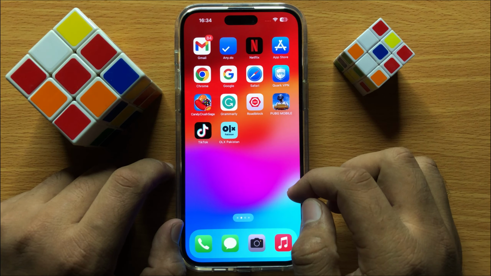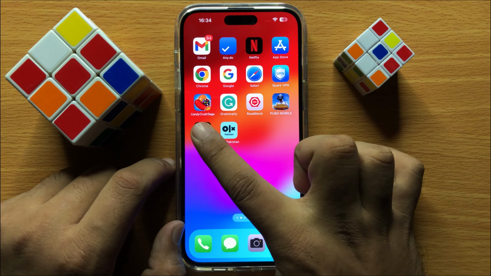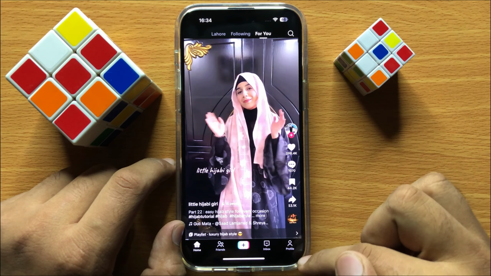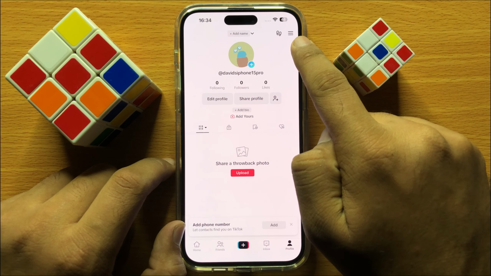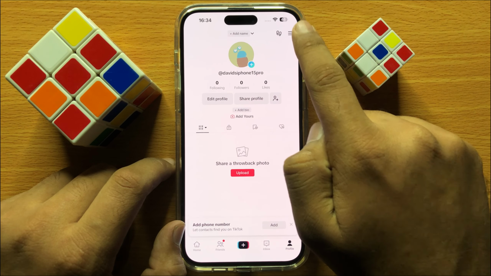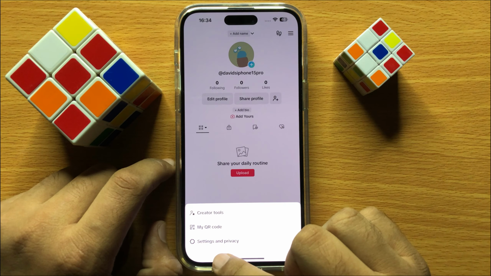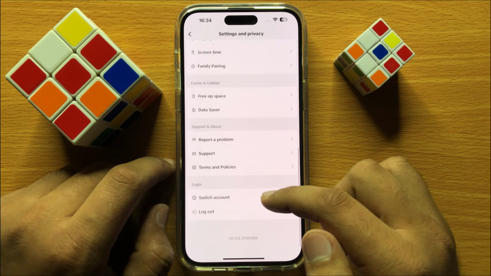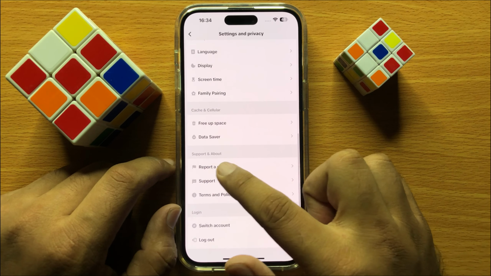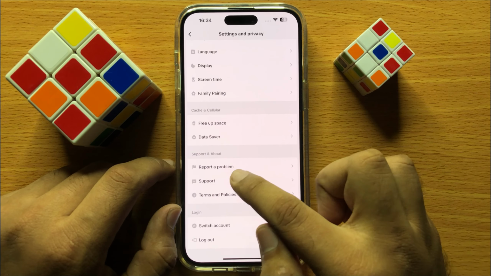So to solve this problem, first of all open TikTok app and then click on profile. Now here click on this options icon at the top and then click on settings and privacy. Now here scroll down and in support and about section click on report a problem